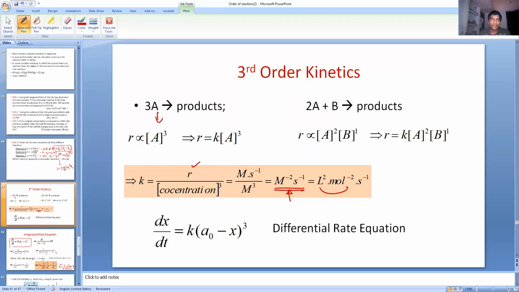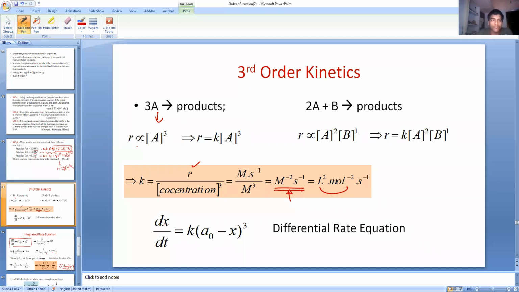Boys and girls, today we are going to take up third order kinetics. In the last class, we have seen pseudo first order and zero order in detail. And in third order, although it is not of much importance for your examination, it is still very interesting to understand the integration, how we can get the integrated rate law.